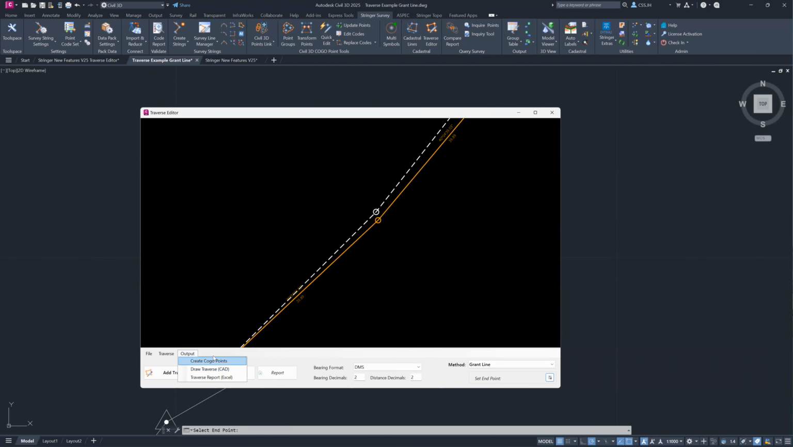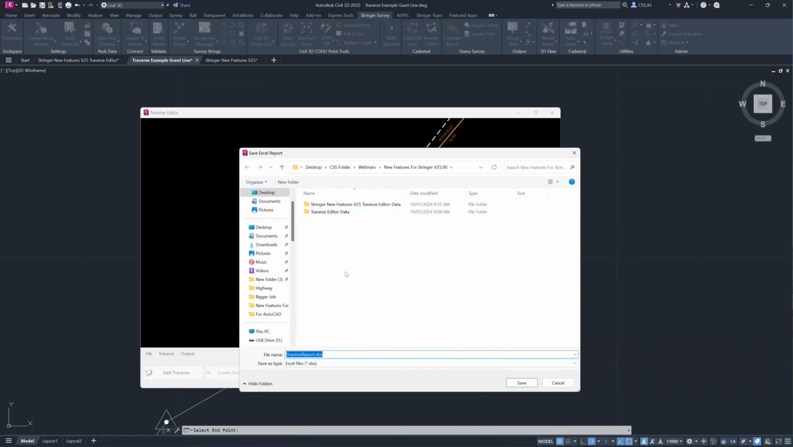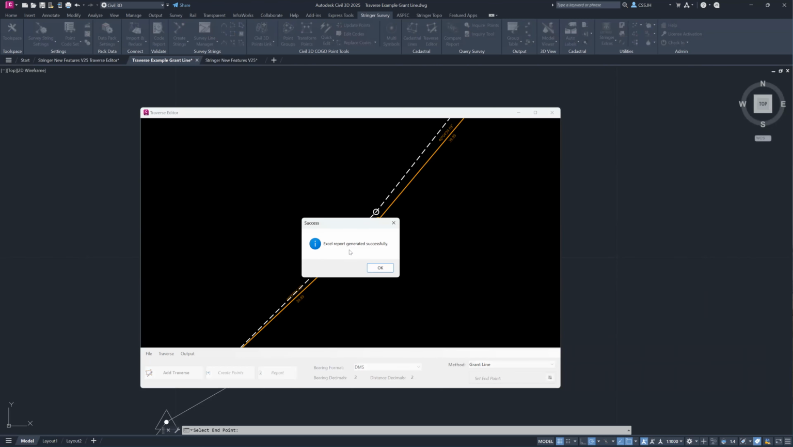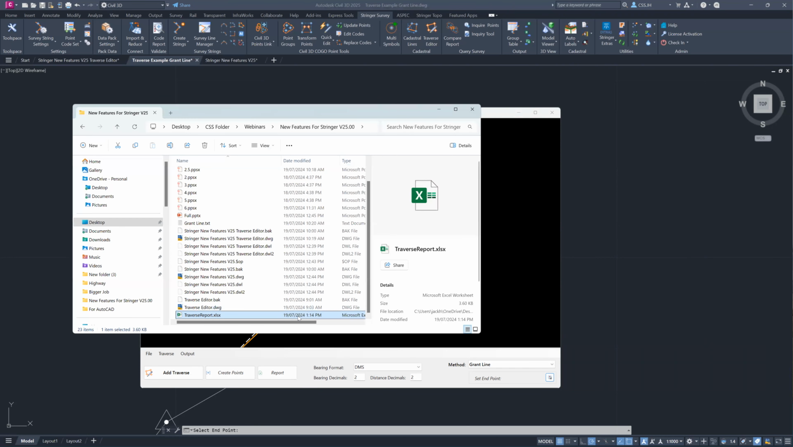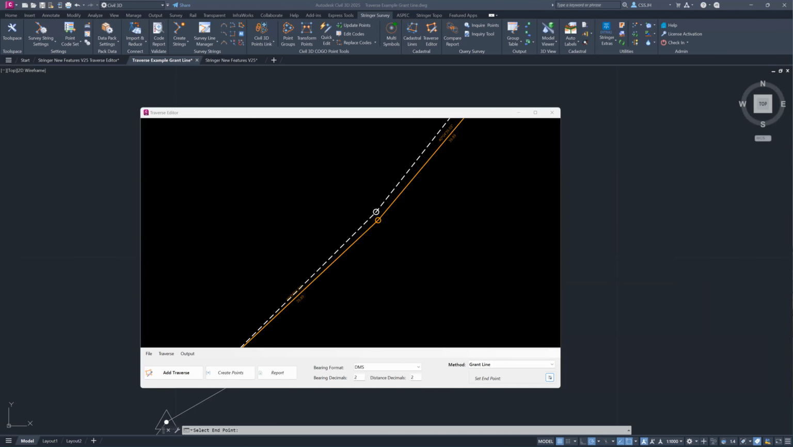Again, you are able to output this data as needed and save the traverse report exactly the same as if you did it prior. So if I save this here, you can see traverse report, it's saving as an Excel file. If I go save now, the Excel report has been exported successfully. And if I just open up that Excel document, you can see here that it has been created just now. So if I open up that file,